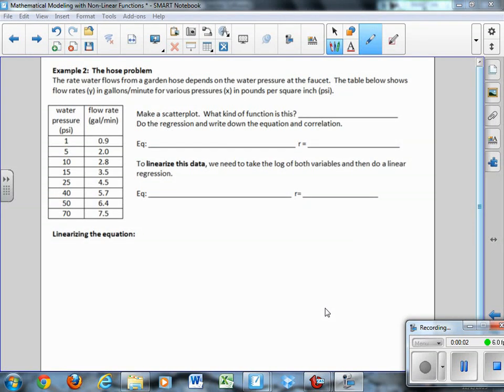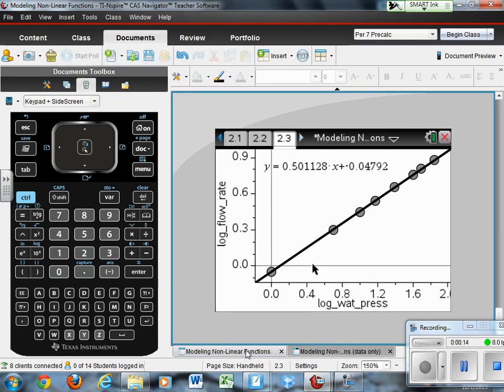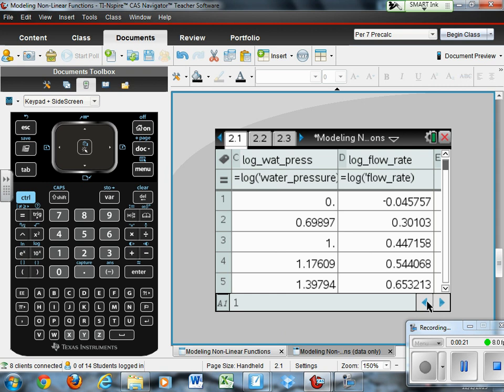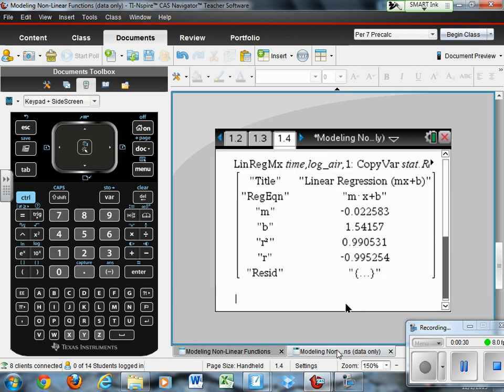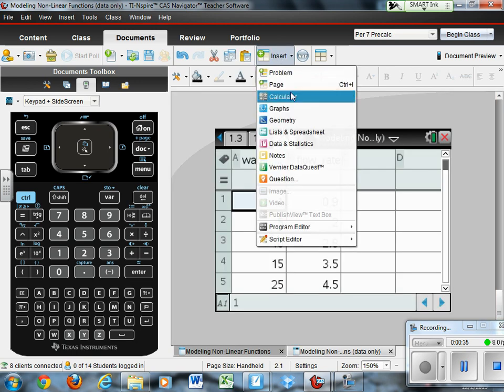In example number 2, we're looking at the relationship between water pressure and the flow rate in gallons per minute of water coming out of a hose. Let me go back and look at this data here. Okay, so here's our water pressure and our flow rate. If we do a scatter plot of this data,